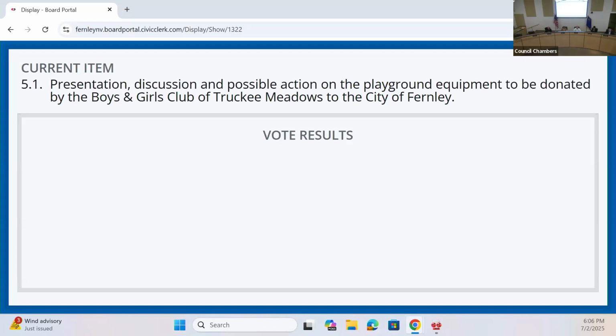Yes. Ward 1, Councilman Hannon. Yes. Ward 2, Councilwoman Zaborski. Yes. Ward 3, Councilman Lau. Yes. Ward 4, Councilman Torres. Yes. Motion carries 4-0. We'll now move on to line item 6.1, a discussion possible action to approve additional service request